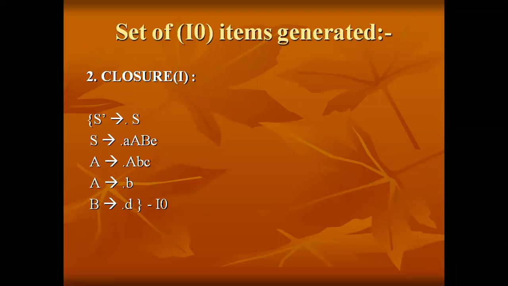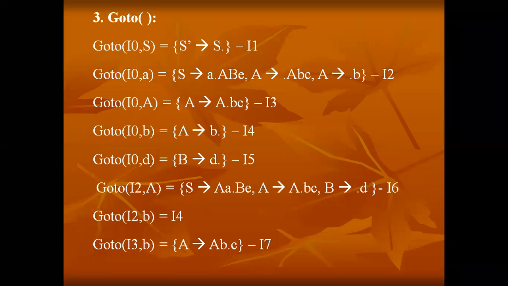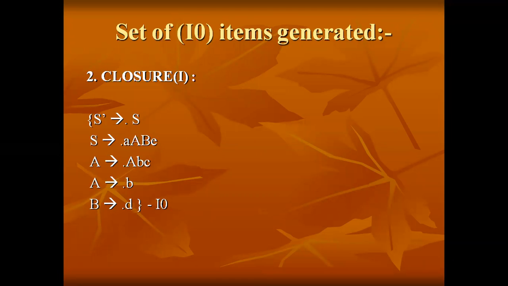Now this is the second step, where we compute the closure of I function, and after defining I naught, there itself we need to compute the goto function. The next step is computing the goto function. See here, how to compute the goto function. In I naught, how many rules are there? 1, 2, 3, 4, 5, right? From the starting rule itself, I need to check: after the dot, which variable is there? Yes, right. Now we need to compute the goto for this S.